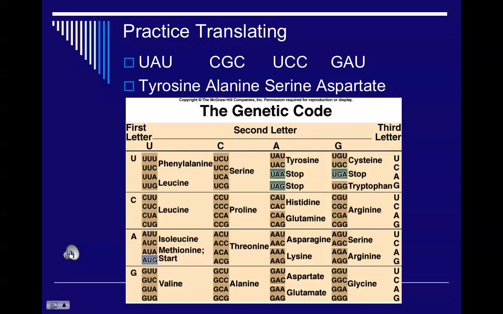Here's our last example of transcribing and translating. We're actually going to take an RNA copy and, using the genetic code, determine which amino acids are going to be needed for each codon that was created when we created the mRNA transcript. It's simply matching up the proper codon on the genetic code and picking out the correct amino acid from the original little genetic code. Very easy to do,